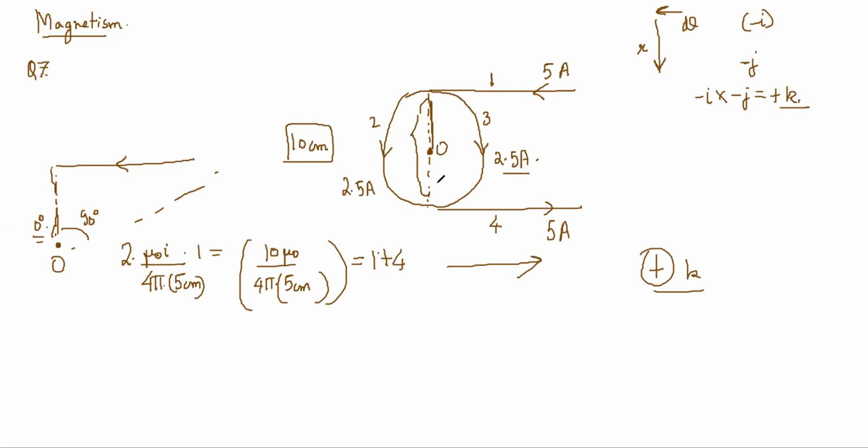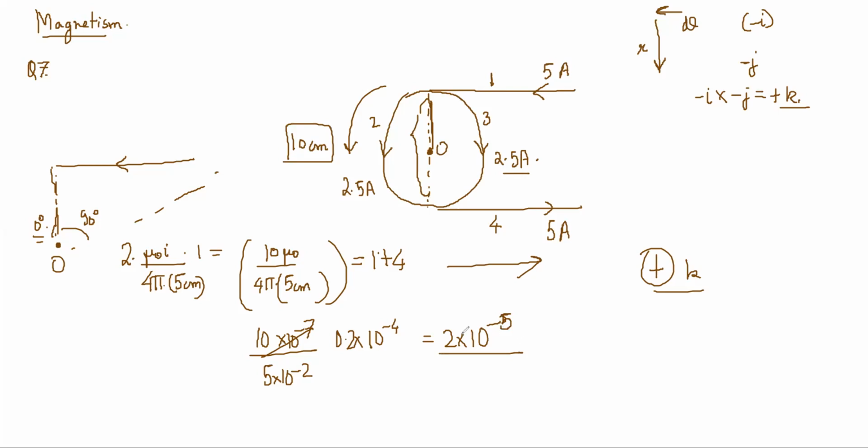Both of them cancel each other, right? If you notice like this, 3 goes inside and 2 comes outside, so they cancel each other. So this should be the answer. You just calculate it out now. Mu naught is 4 pi into 10 power minus 7. So 10 into 10 power minus 7 by 5 into 10 power minus 2. That is going to be the answer. 10 power minus 6, so 10 power minus 4 and 5, so 0.2. So 2 into 10 power minus 5 is the answer.